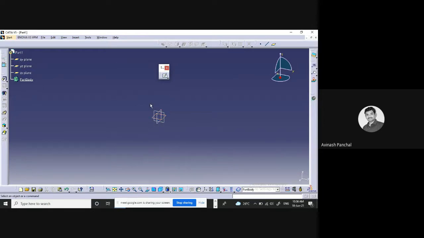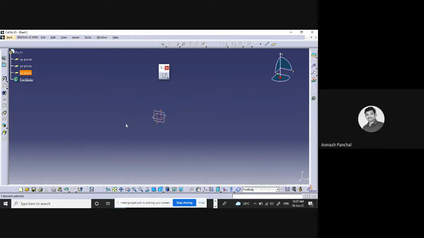ओके। सो ये अभी 3D मॉडलिंग में हम लोग है ना। हमको कहाँ पे जाना है? 2D स्केचिंग में जाना है। तो इसके लिए हमको कोई एक प्लेन select करना पड़ेगा. So which plane we need to select, that is on your choice. Okay, according to the orientation of object, we need to see this, correct? So this is xy plane, this is horizontal one, yz plane is vertical one and facing ours, and this is zx plane, it is perpendicular to this face plane.